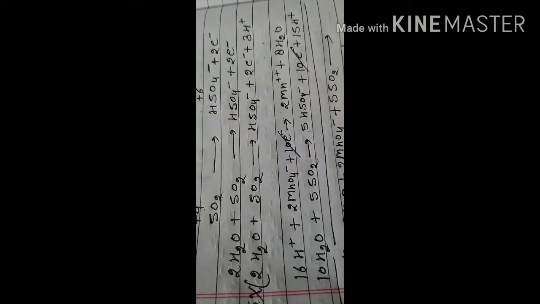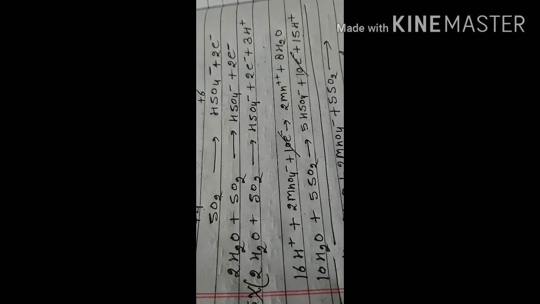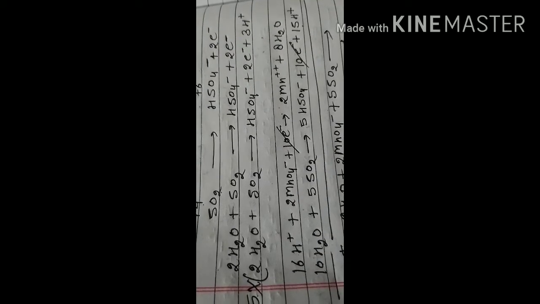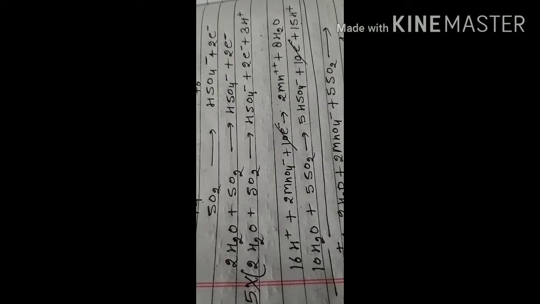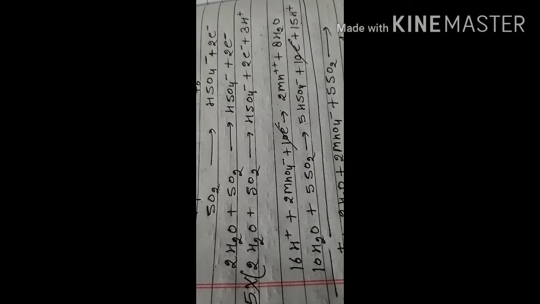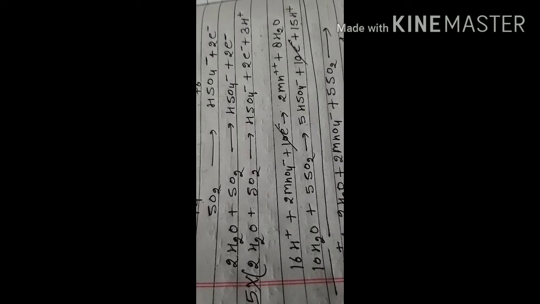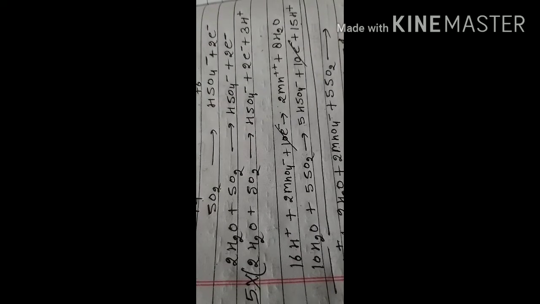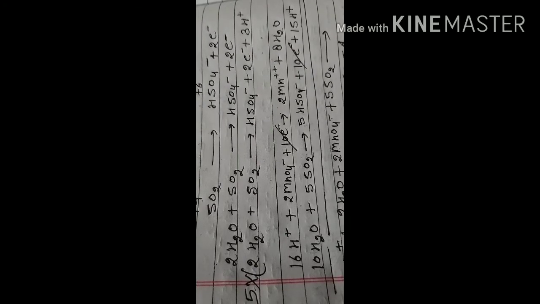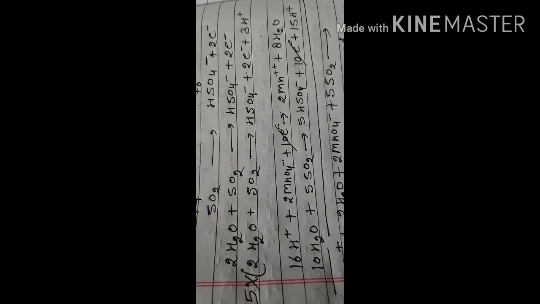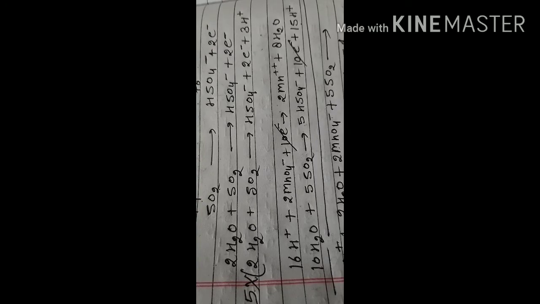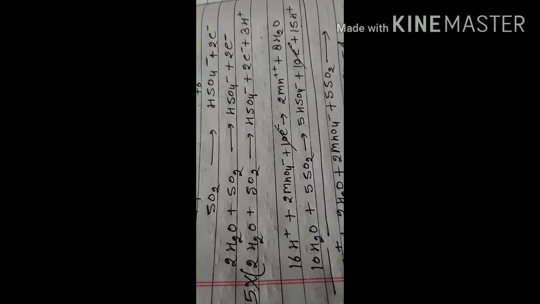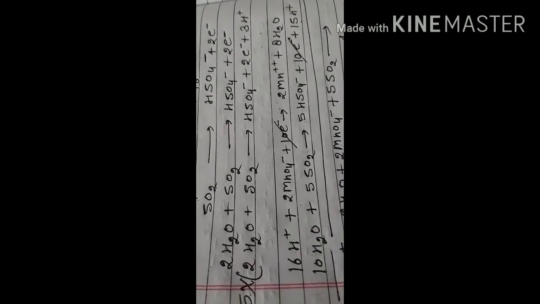Electron to electron we have to cancel properly. Now we have to see whether this equation is balanced or not. Now let us do the verification. On the left hand side we have 1 positive charge and 2 negative charge. On the right hand side we have 2 2s are 4 positive and 5 negative. So we get -1 on the right hand side, and on the left hand side also +1 -2, so -1. So we have verified that the charge is completely balanced in this equation.